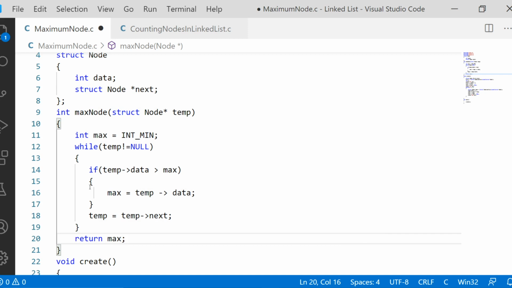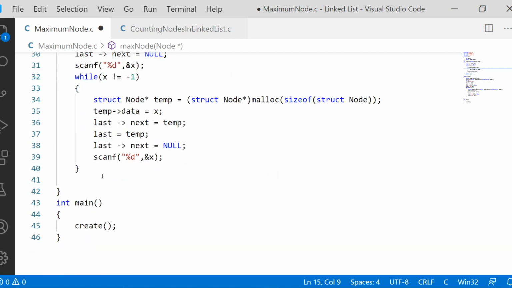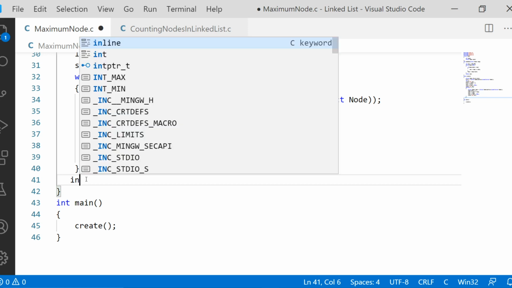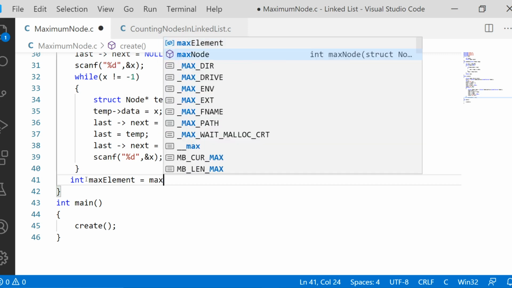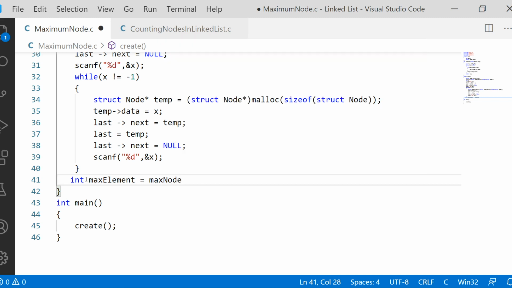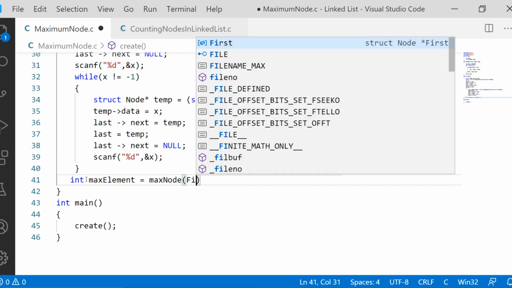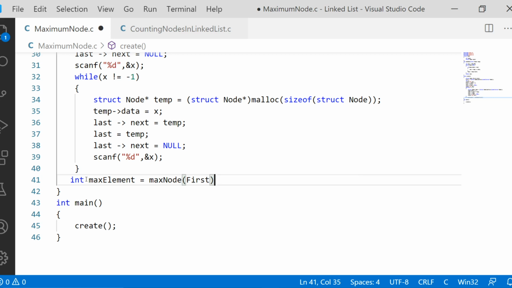This entire program we have already clearly explained in the concept explanation. Now what we will do is, after creating the nodes, let us take a variable to store the maximum element. So take maximum element as a variable and equal it to a call to the function max node, and pass the address of the first node which is available in the first pointer.